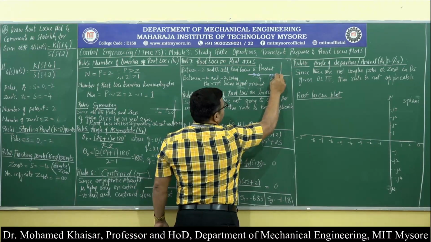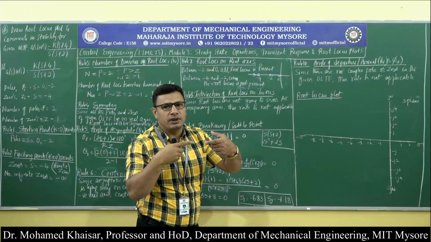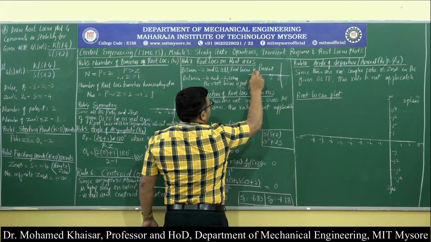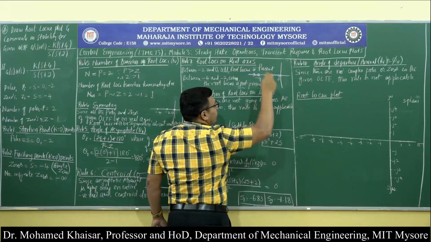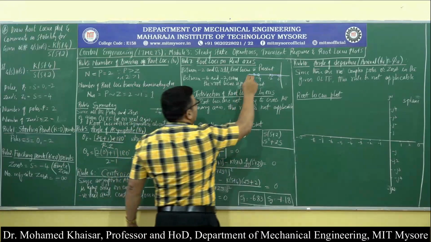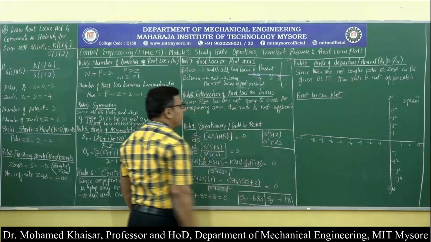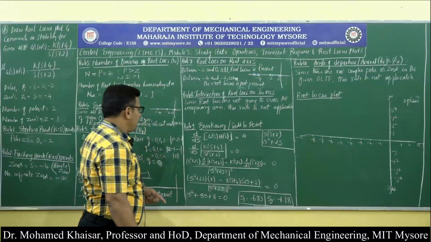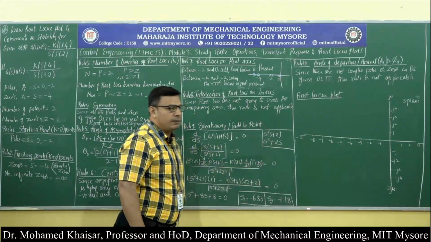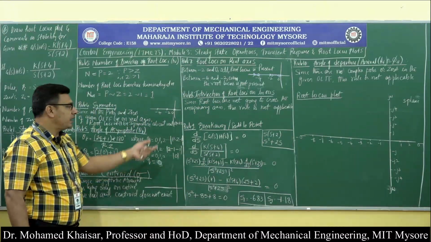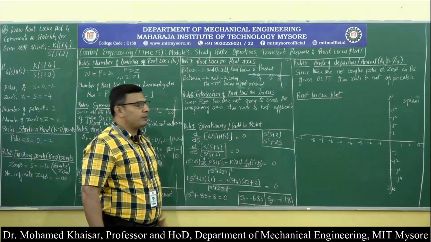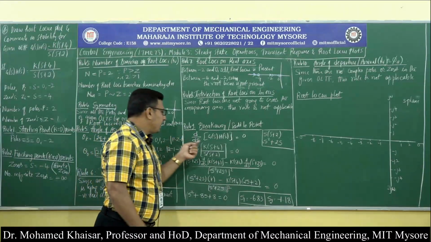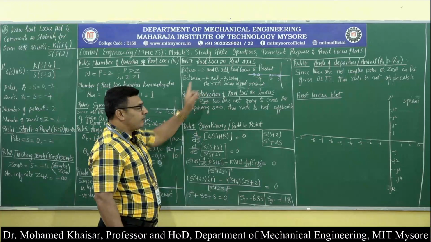First, the breakaway point exists here because two branches of root loci are heading towards one another, so they will be breaking away. And since this branch of root loci is terminating at 0, from where the branch of root loci is coming, so it will be obviously on the negative real axis, so there will be a saddle point also. That means rule number 9, breakaway or saddle point rule will be applicable. Then rule number 8, intersection of root loci with the imaginary axis. So from here itself we had drawn the inference that this is not going to be applicable because the root loci is not going to cross the imaginary axis. Rule number 9 is about breakaway or saddle point. This is applicable, we have known over here.